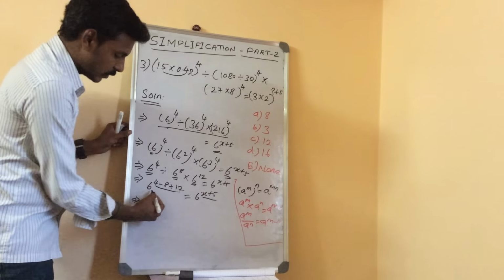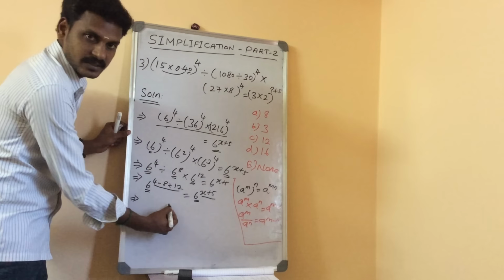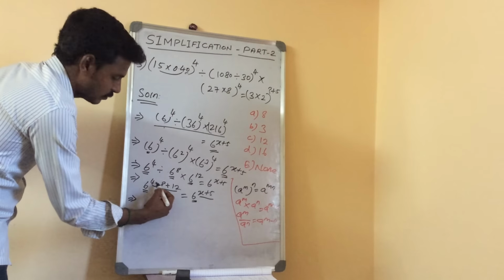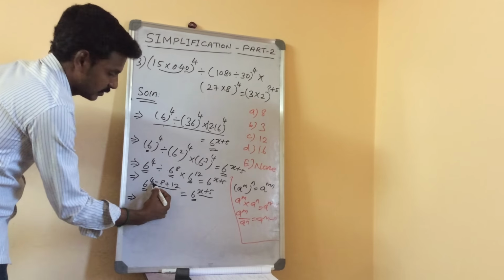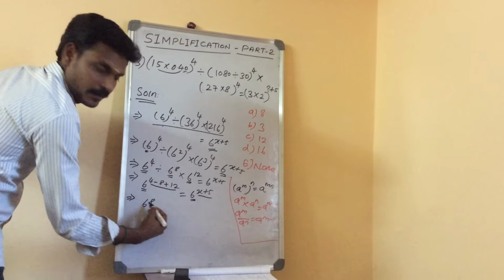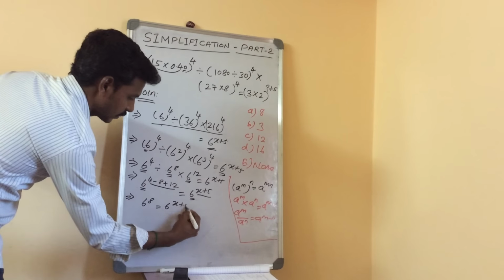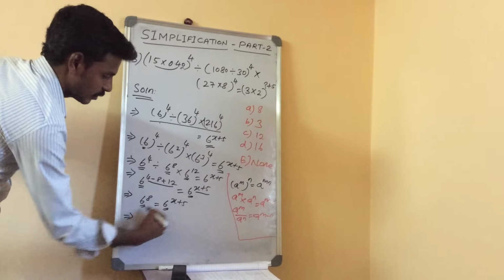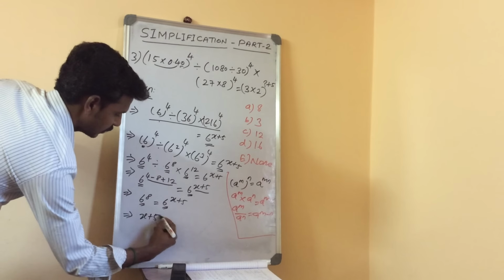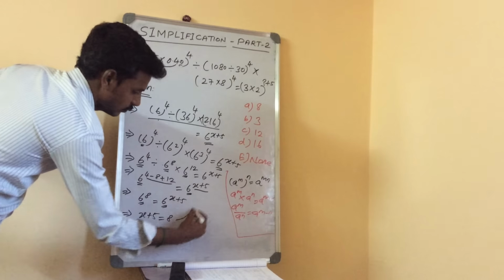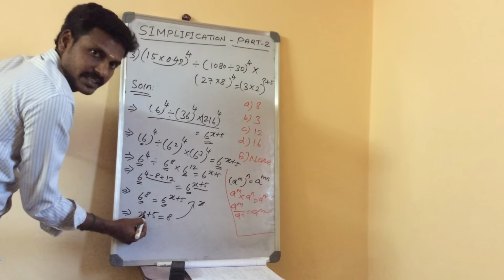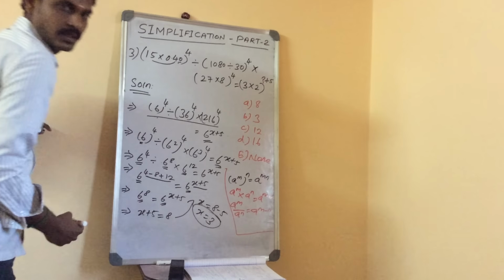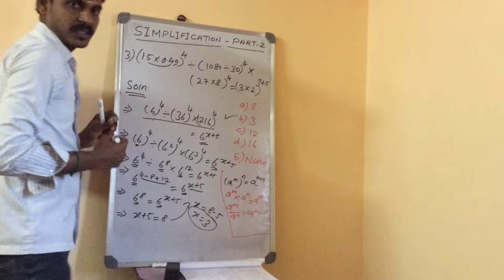So on both sides, the base value is the same, right? 6, here will be the 6. So 6 power, here you add the plus value, then you subtract. So 12 plus 4, 16. 16 minus 8, 8, right? Equal to 6 power x plus 5. So both sides the base is the same. So you can directly solve the x value, okay? So x plus 5 equals 8, okay? So our target is the x value, right? So x equals 8 minus 5. So 8 minus 5, the x value is 3. So the answer will be 3.